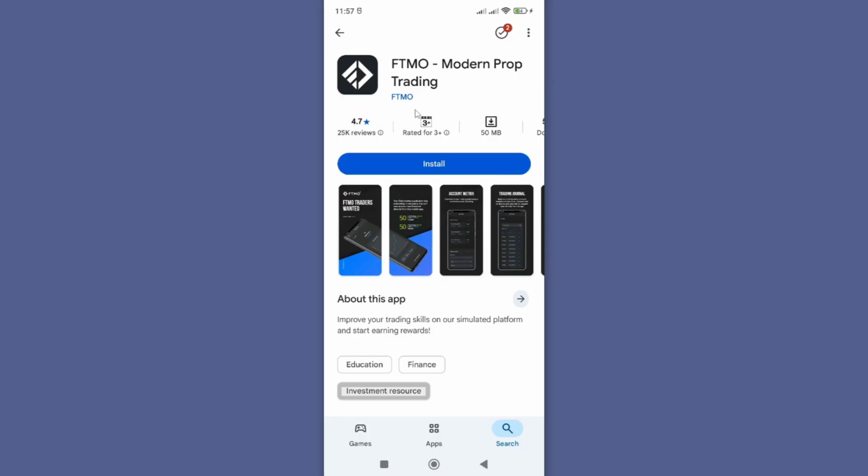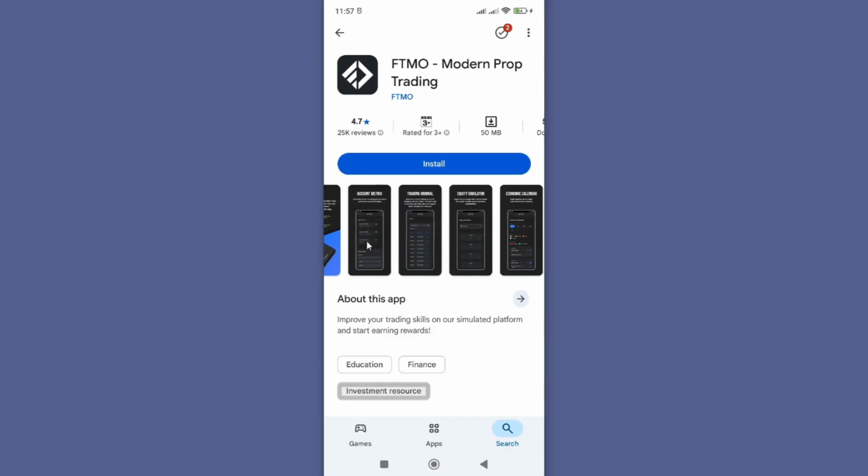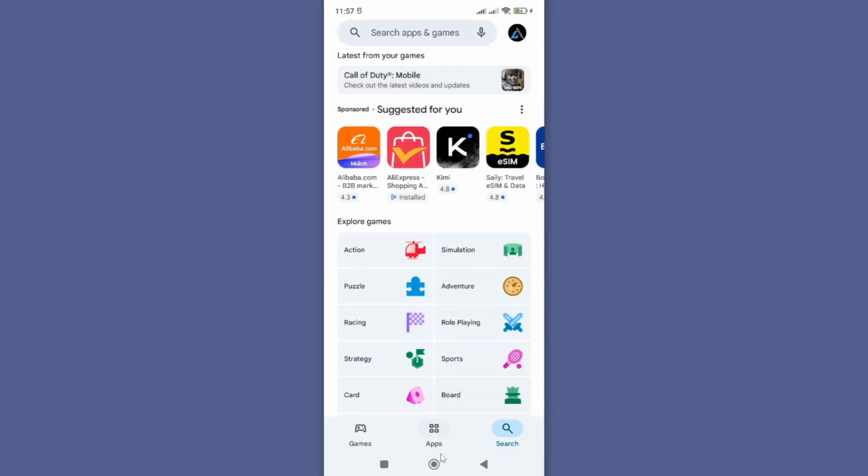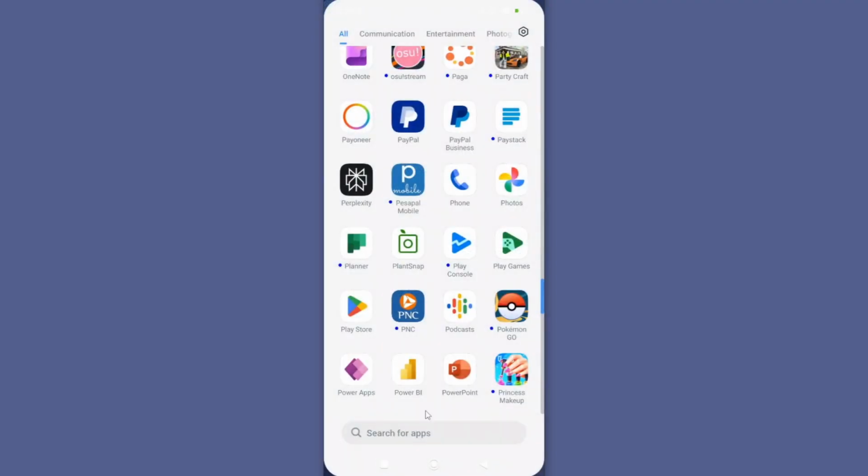Alright, so FTMO is one of the best trading platforms that you can use out there to trade forex and commodities. However, if you're struggling to get this app because you can't install it, then just follow this guide. Now, in the first method, we need to go ahead and open Google Play Store if you're on Android